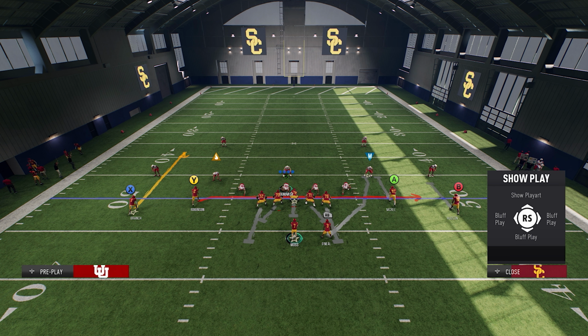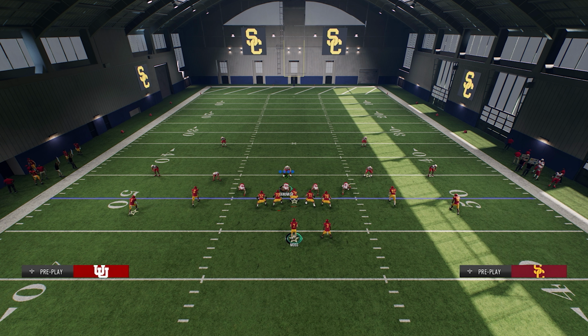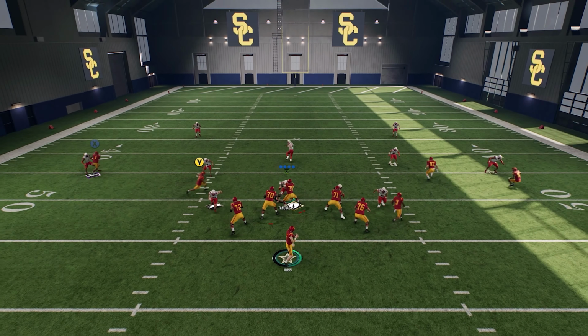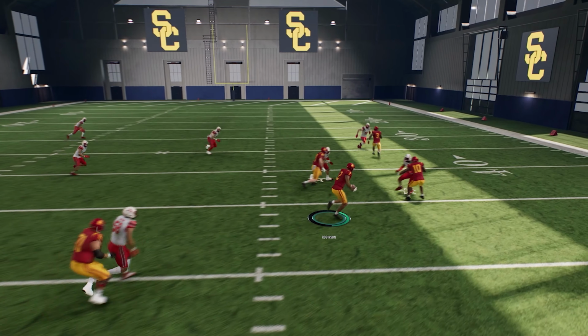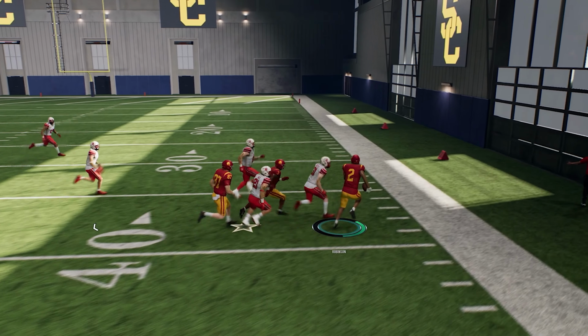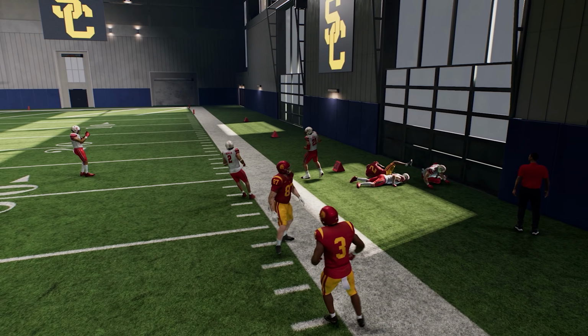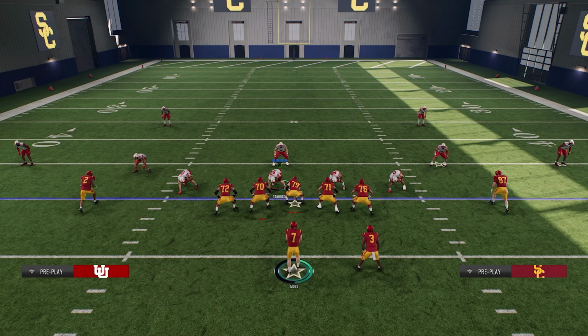But when we are running it stock, the only thing we really want to focus on is the timing of the throw. When we want to throw it is when that Y receiver is getting to about the center, right? As soon as he's getting to where our center's at, that's about the time we want to throw it, and I'll show you the reason why. If we say hike here, you're going to see if we throw it right there, we're going to be able to catch that, we're going to be able to set those blocks up, and we're going to be able to turn that into an easy 10 to 15 yards on that play